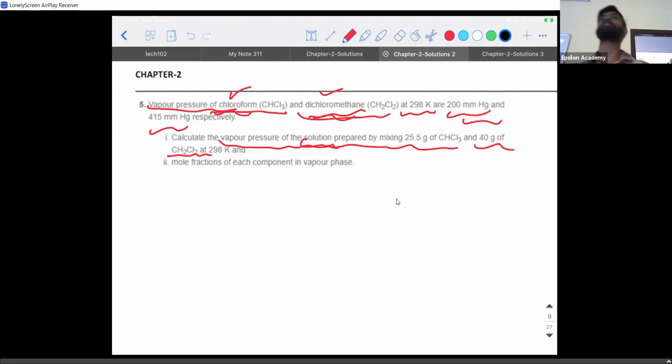Temperature, obviously this vapor pressure will be temperature dependent, is it not? If I increase the temperature, obviously what will happen? More liquid will go to the vapor phase. But vapor pressure is measured at one constant temperature. That's the importance here. We should not be changing the temperature. That's the point.